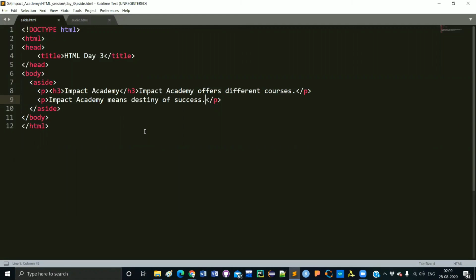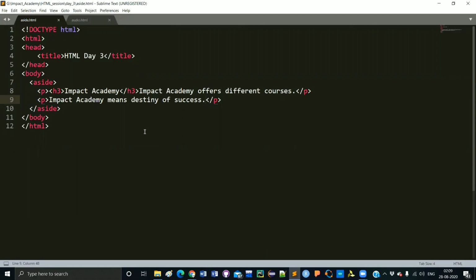So what happens in the aside tag: whatever you have written, the main focus of that whole paragraph is actually left aligned.